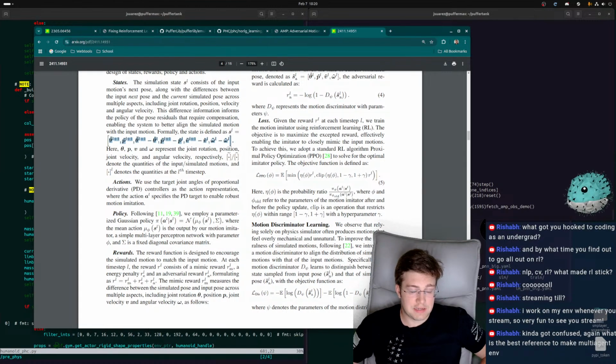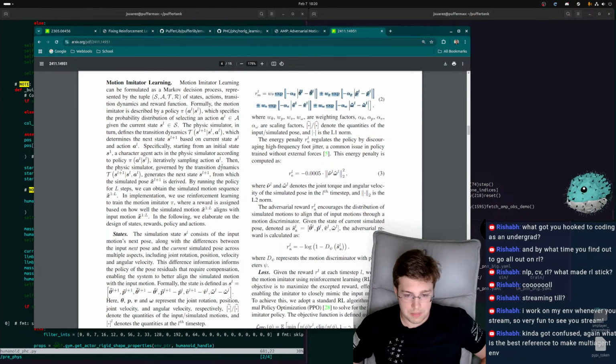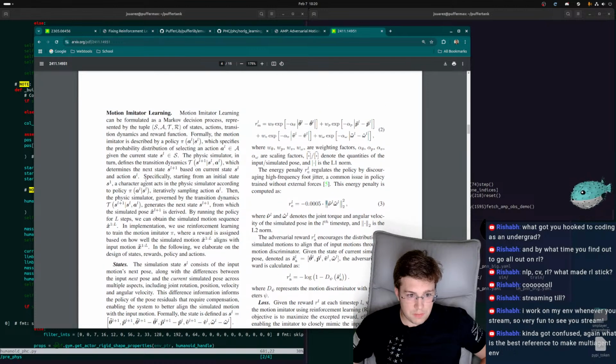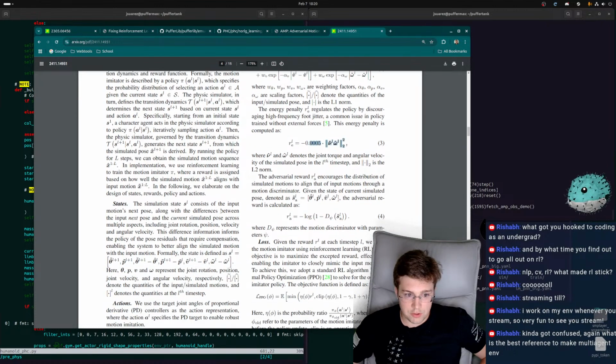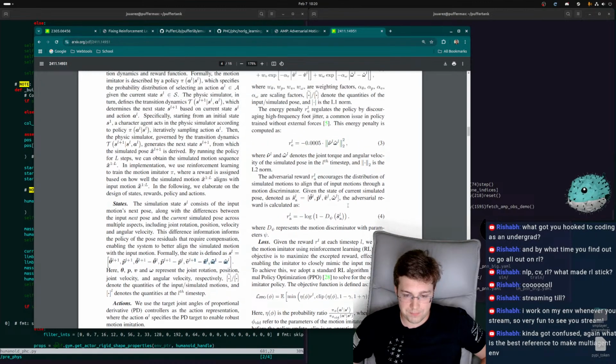The data format to get this is a little bit annoying, but we have this buried in the code somewhere already. Because this is just joint position, joint velocity, angular velocity, right? So we have this. This is just component-wise loss over that, with different weightings. This is computable from just these four terms, as this reward term.